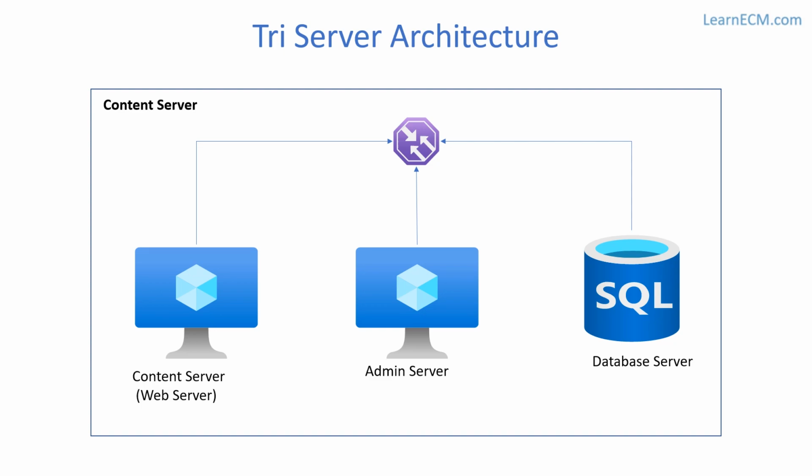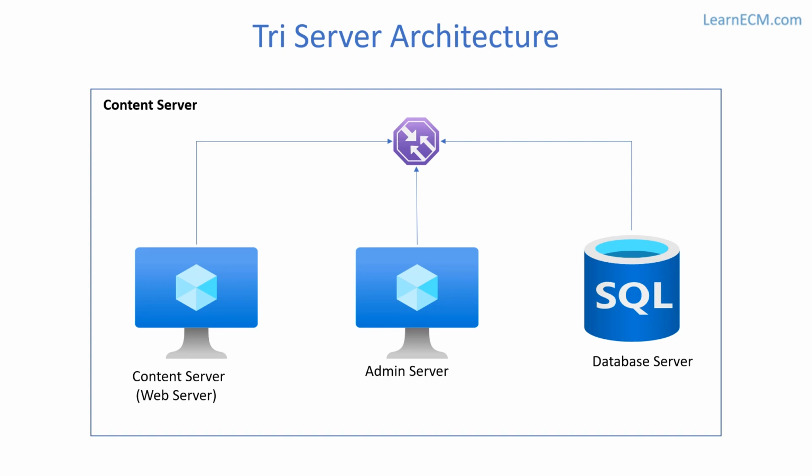This will be more robust, or a little more scalable, compared to the other architectures that we have seen just now. Here the load is distributed among three different servers, and the three servers have their own CPU and memory. This type of architecture we can use for our development environment, wherein we can have one front end and one backend server. When we have the content server on a separate VM, users will connect with the front end server, and the admin server will process the backend processes. So the user load will be handled by our content server hosted on a web server.